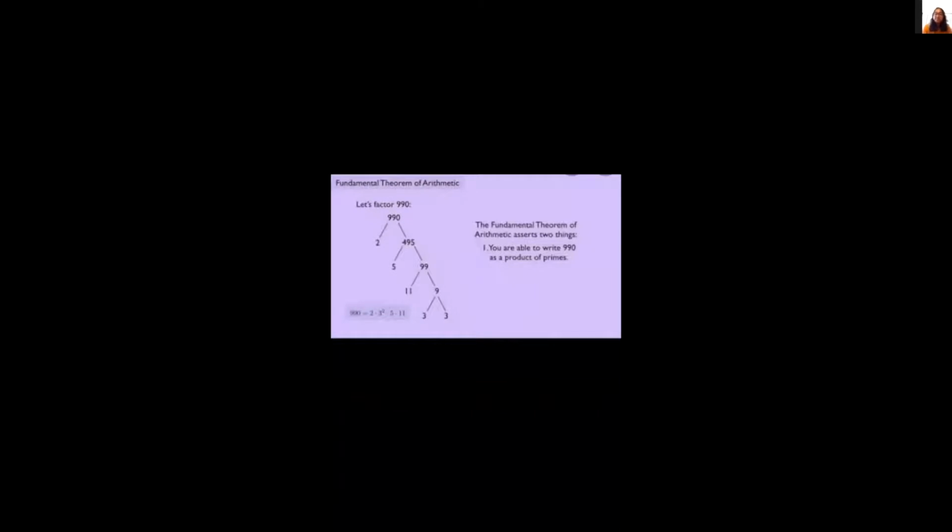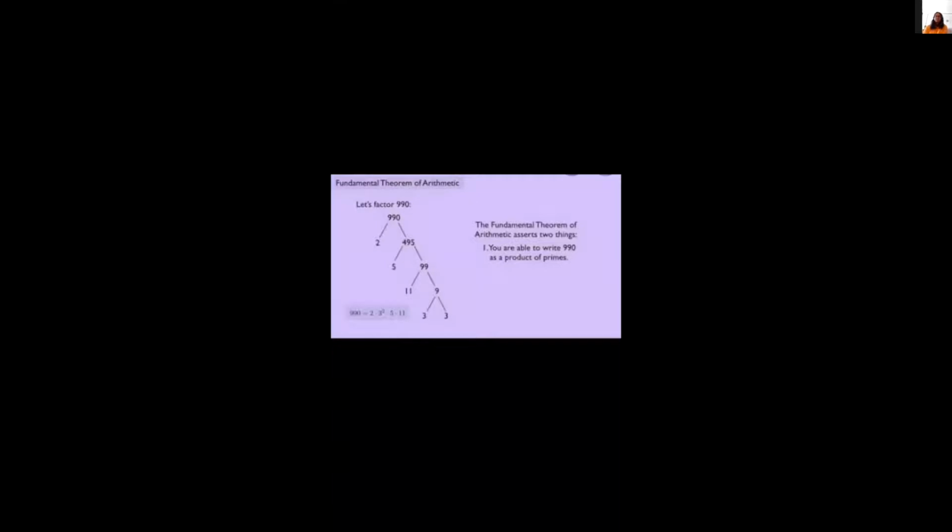Given any number, how do you do that factor tree? Okay, I hope all of you know this. It's a basic thing that you've learned in grade 4 or 5, I guess. So this is the prerequisite to understand the theorem. The theorem is called the fundamental theorem of arithmetic.